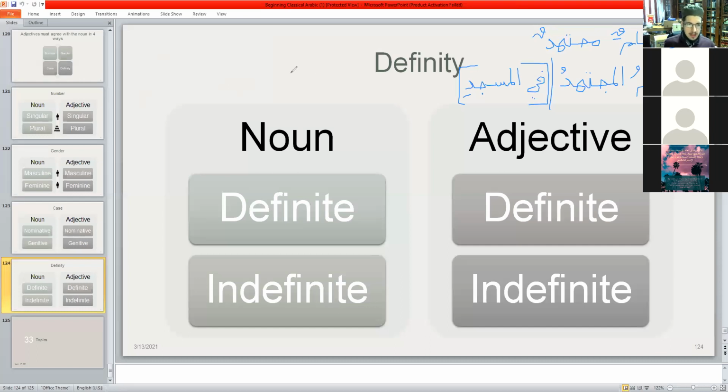Sorry, I'm so sorry to bother you. Can you please just repeat that point about the khabar being indefinite not being hard and fast? Correct. The khabar being indefinite is like a training wheel rule. It more applies to simple khabars that are strictly asma, that are strictly using ism. However, once the khabar starts to become more complex, prepositional phrases, jumla fi'liya, that rule doesn't even make sense anymore,